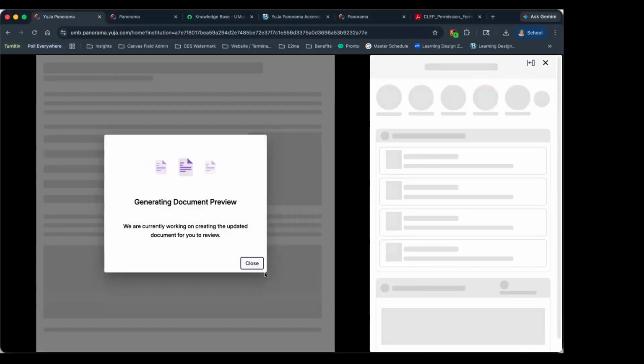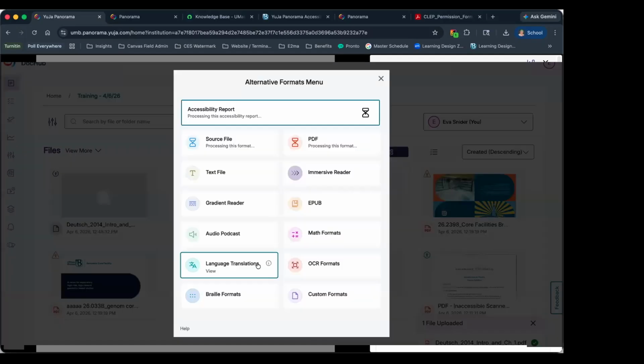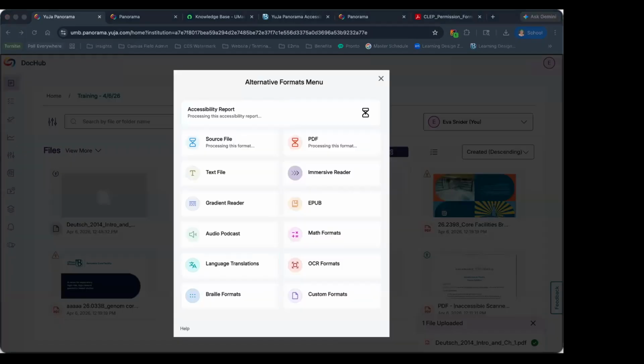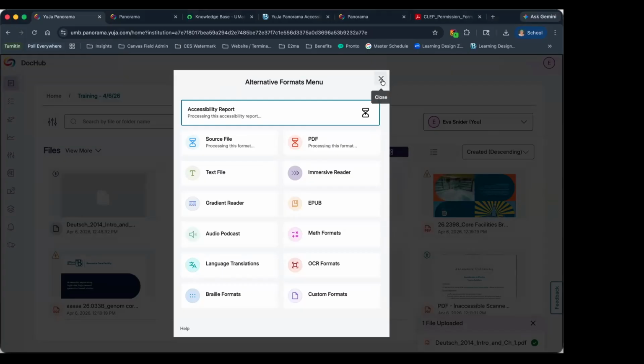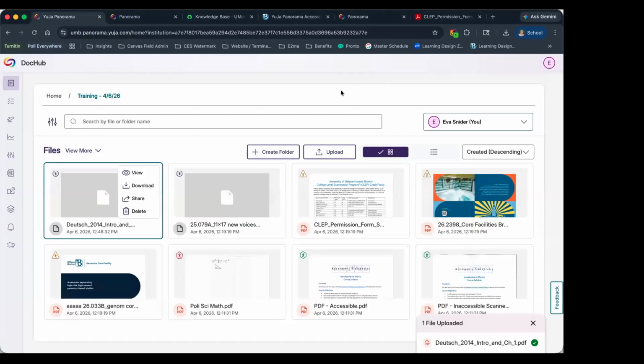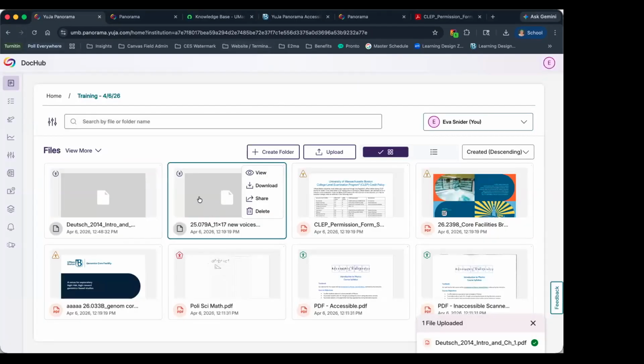If it does not work how we want, we can always do the overlaid in the future. But I first try to do the reconstructed, see how it works, see if it is appropriately interpreting the content of that document. And if it works well, we can keep that. If not, we can revert back to the previous version and do the overlaid if we need to do that.